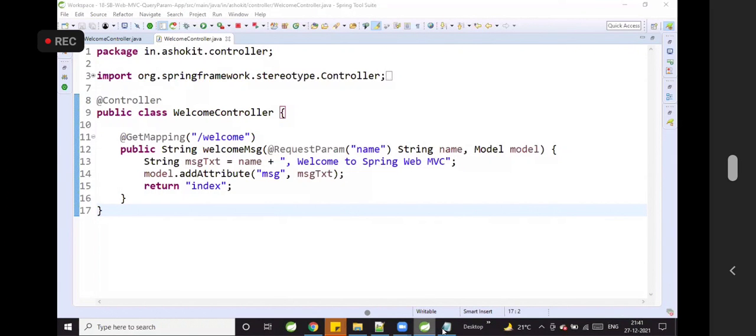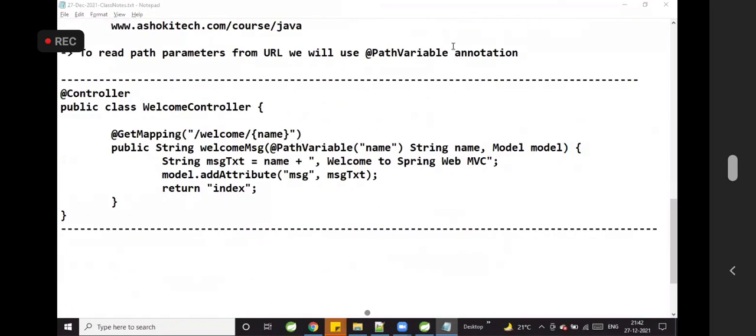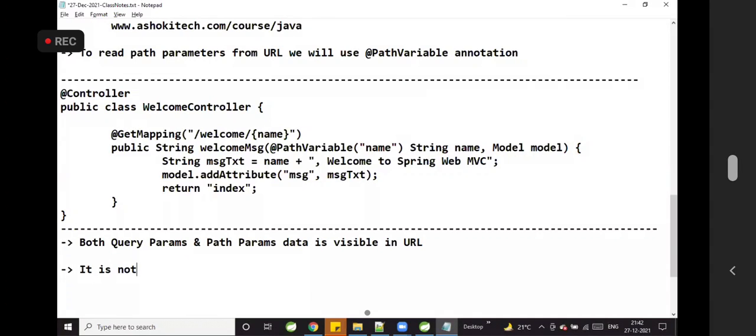Guys, can you see any problem with the query parameters and path parameters? Yes. Both query params and path params data is visible in the URL.